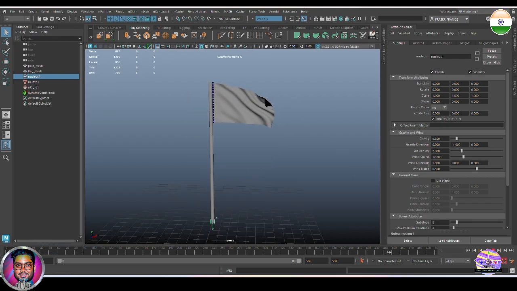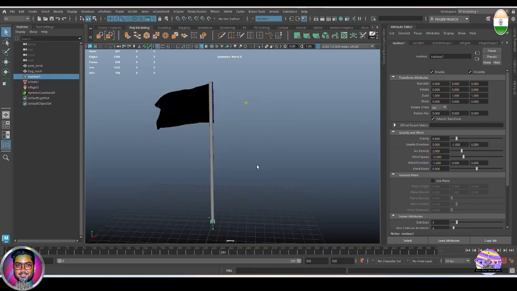So if you want the wind direction to flow from left to right, this is the correct direction of the wind as 1 over here along x. Whereas if you want the wind to flow in the opposite direction, you can simply turn this to -1, and the wind will be flowing in the opposite direction, that is from right to left, and the flag will be swaying in the opposite direction. So let's get it back to 1